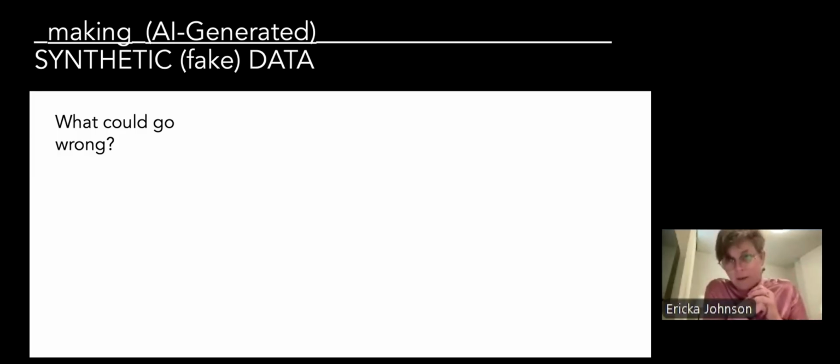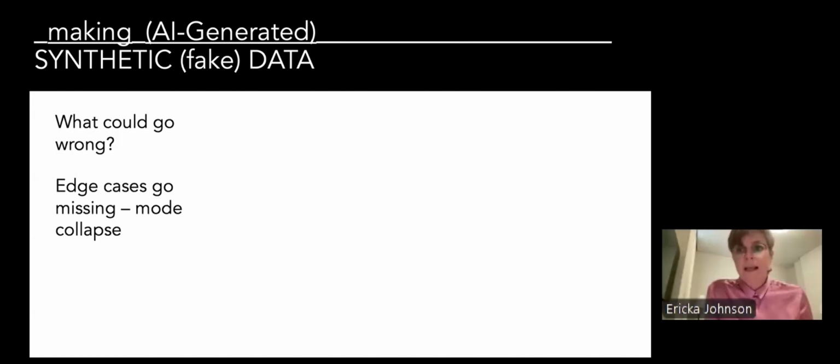However, if we think about statistical representations and let something learn that and then reproduce it to spit out something new that's similar but slightly different, it's pretty clear that probably what's going to happen is it's going to learn the most common representations and relations first and largely, and spit those out. So one of the early thoughts about synthetic data was that, yeah, it would be good, but it's really best for representing the things that are most common in your data. And edge cases tend to go missing. This is called mode collapse.